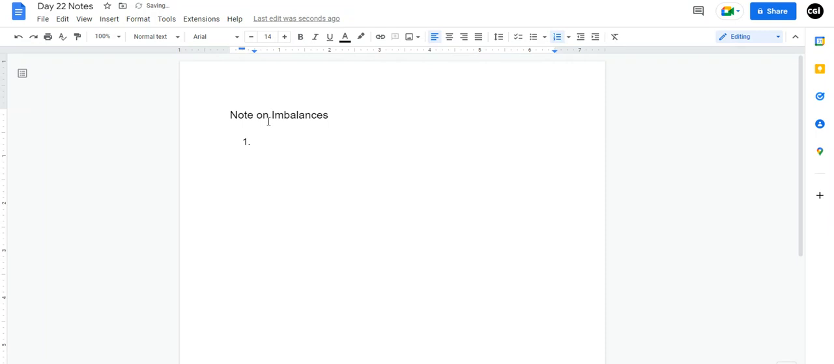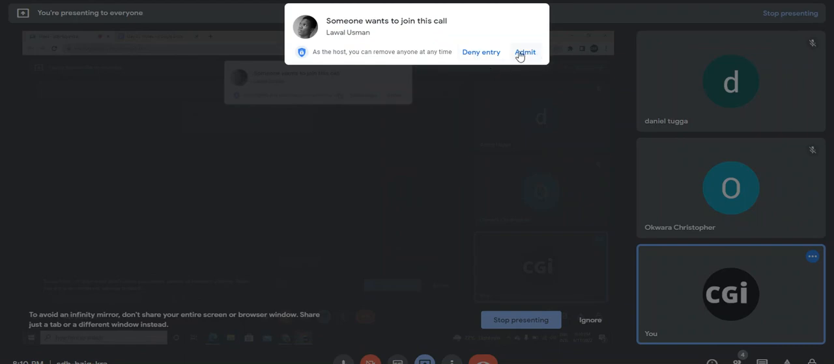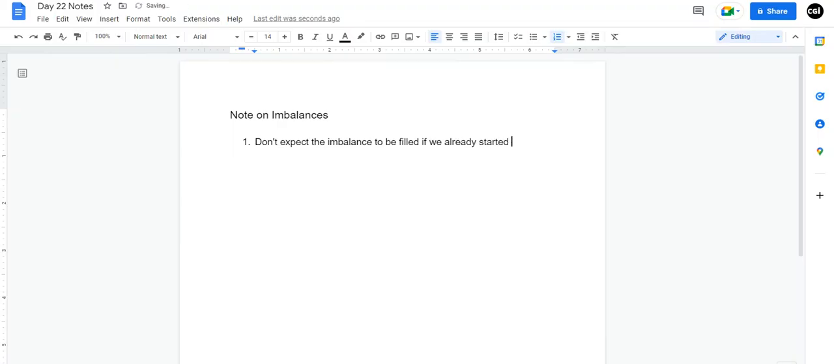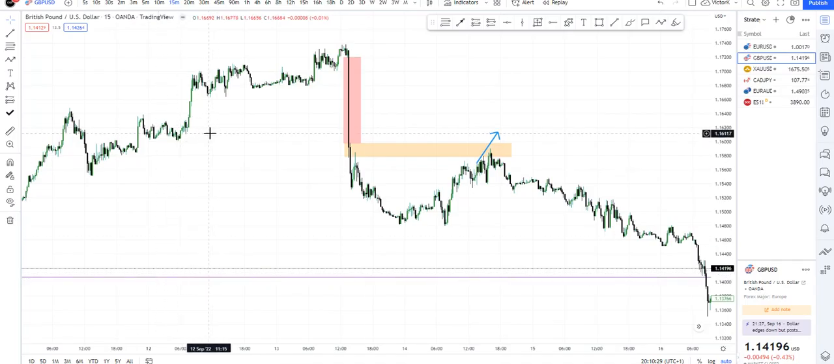Number one, don't expect the imbalance to be filled if we already started forming a new range. All right, so the way you identify a new range is if you go down to a lower time frame,